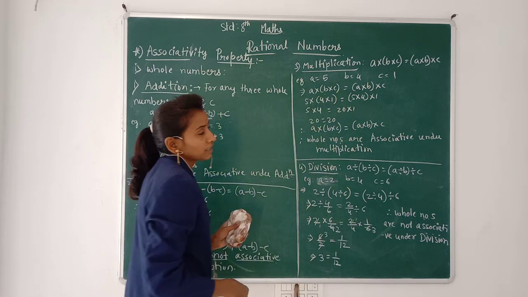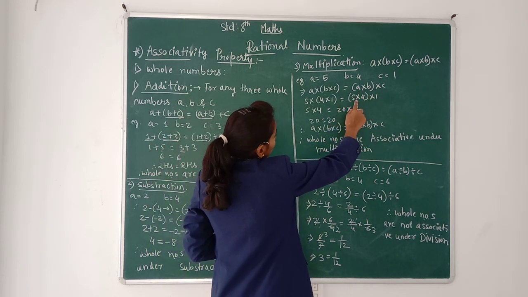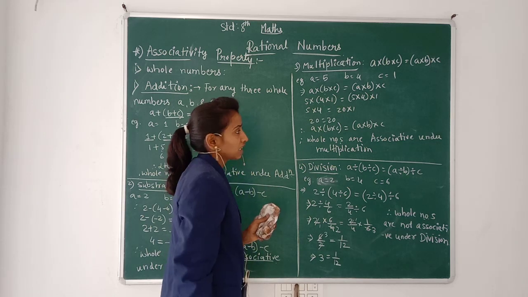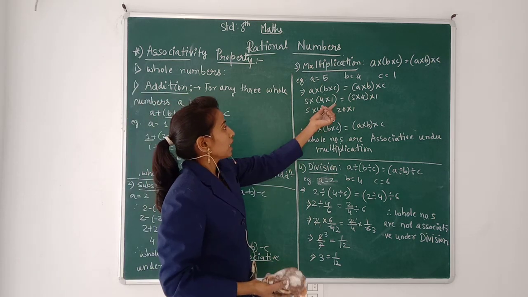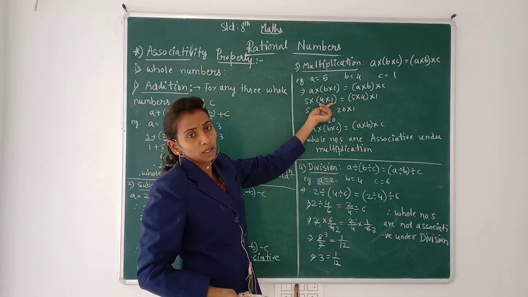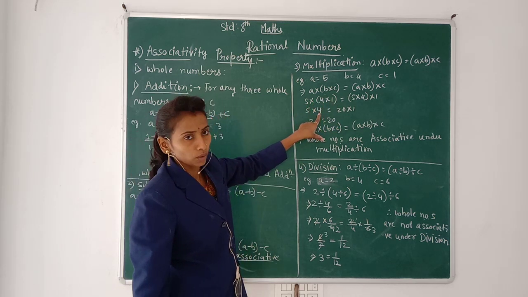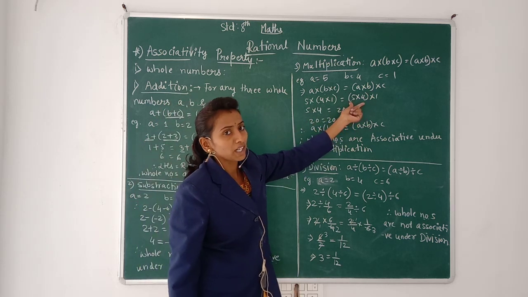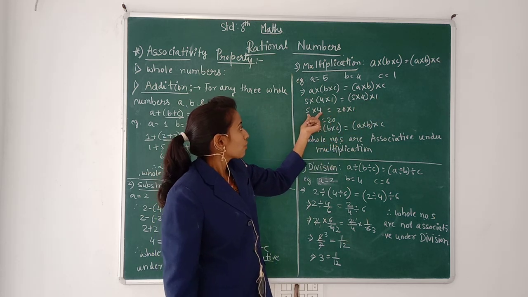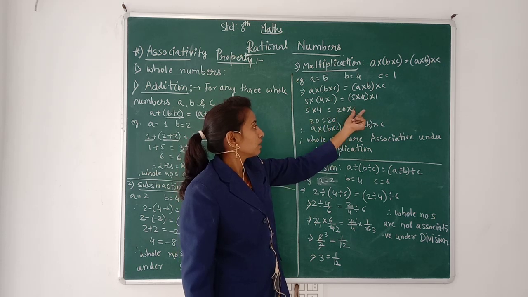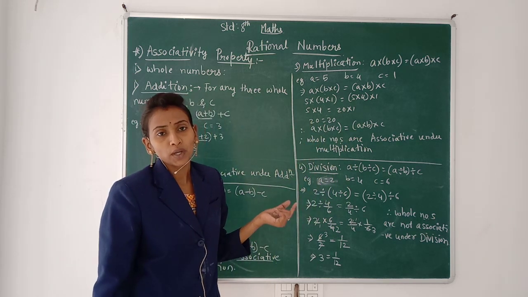You have to keep B into C in the bracket, that is 4 into 1, is equal to A into B in the bracket. So A is 5 and B is 4, keep in bracket, C is 1, that is into 1. So in the bracket, whatever numbers we have, we have to multiply first. So 5 you have to keep as it is into 4 ones are 4, is equal to, here you have to solve the bracket first, 5 fours are 20 into 1 you have to keep as it is. Here see, 5 fours are 20 is equal to 20 ones are 20. So here both LHS and RHS become the same, that is 20 and 20.